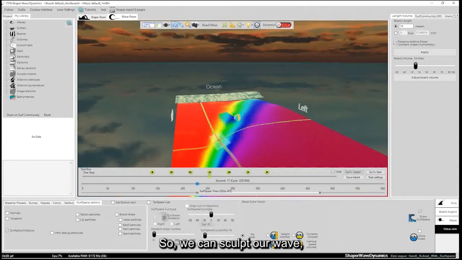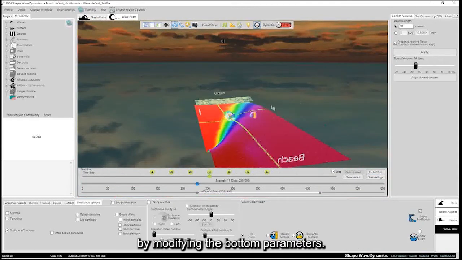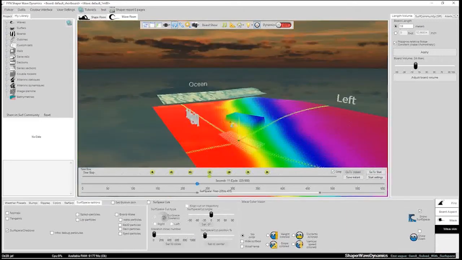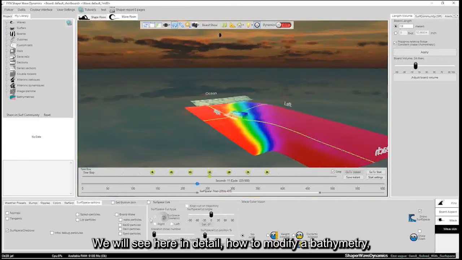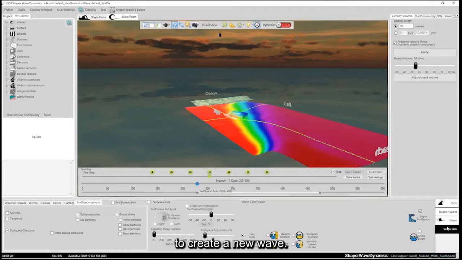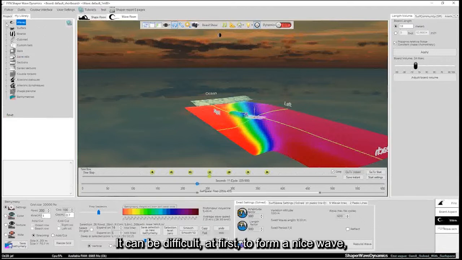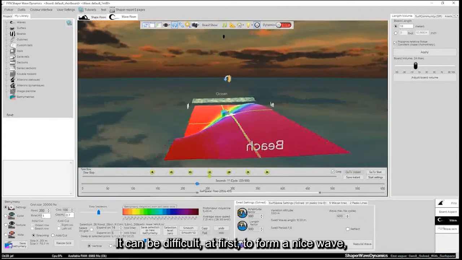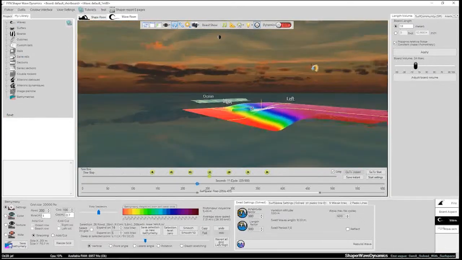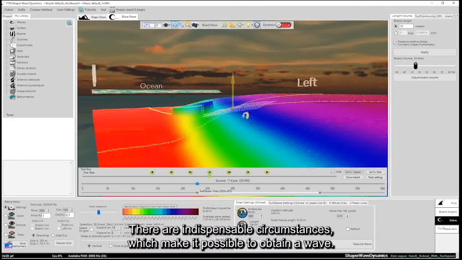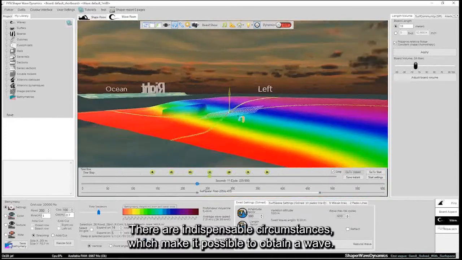So, we can sculpt our wave by modifying the bottom parameters. We will see here in detail how to modify a bathymetry to create a new wave. It can be difficult, at first, to form a nice wave. There are indispensable circumstances which make it possible to obtain a wave.